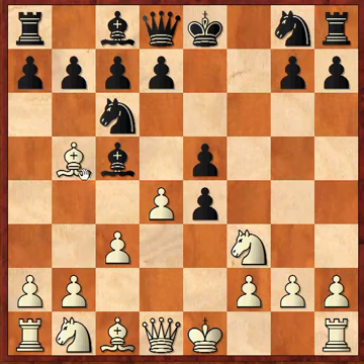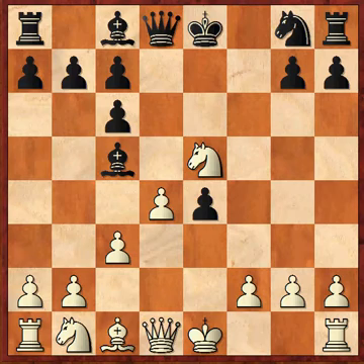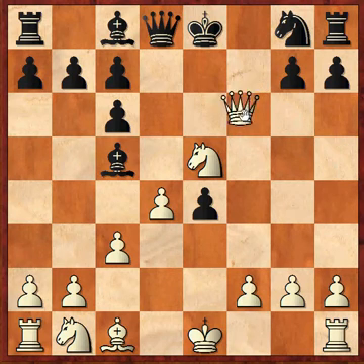Now if we check the variation, this is very long and requires a lot of calculation. Bishop c6 here, dxc6, knight e5. Now this gives white a very strong advantage because he attacks the c5 bishop here, this way, and also because the h5 square is weak, white threatens to check at the h5 square and then checkmate at f7. So it's very hard for black to